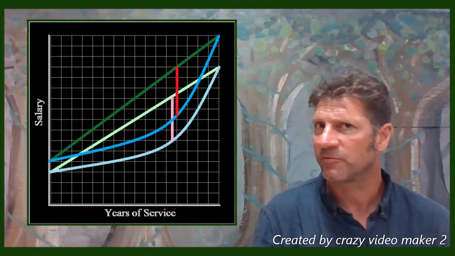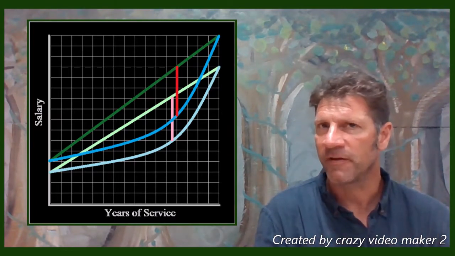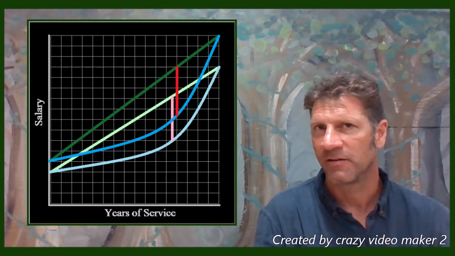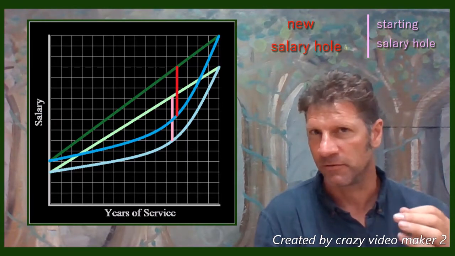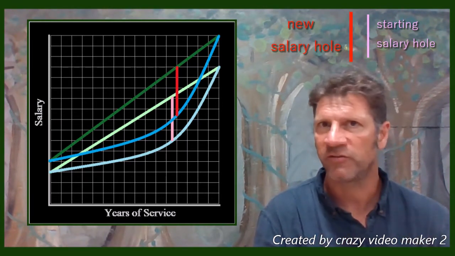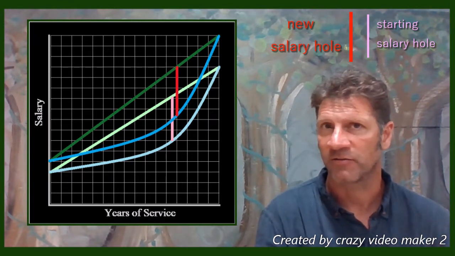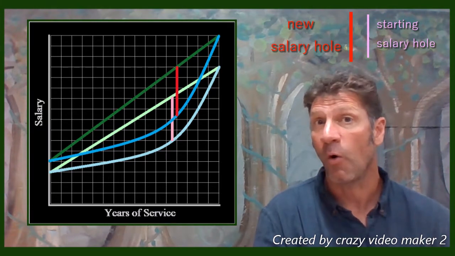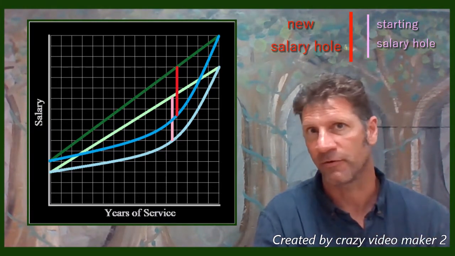Now, one of the things this does mathematically is the curve will go up as well, but where the curve is going to have its greatest distance from the line, that's going to move over some, and that greater distance is going to extend some. So what has happened is, with the increasing of the salary schedule by fixed percentage amounts over the past several contracts, we've actually taken this salary hole, this gap that exists here in Proviso of what you could be earning versus what you actually are.